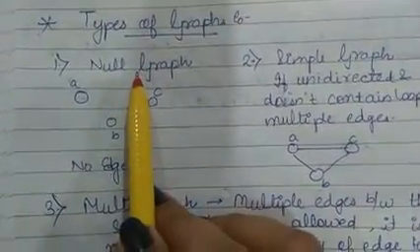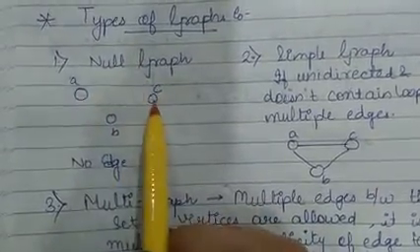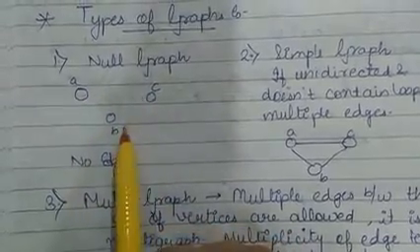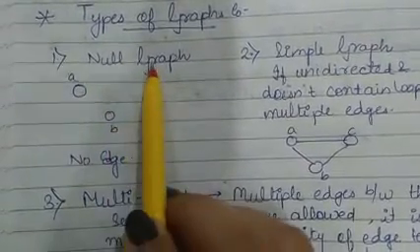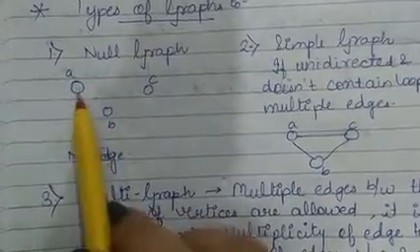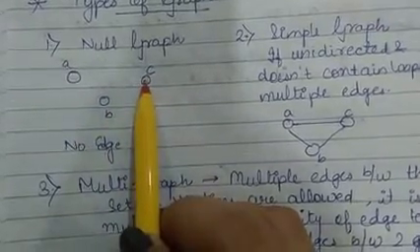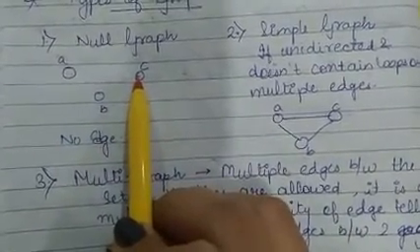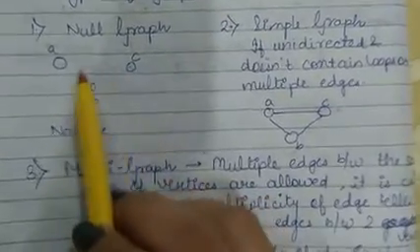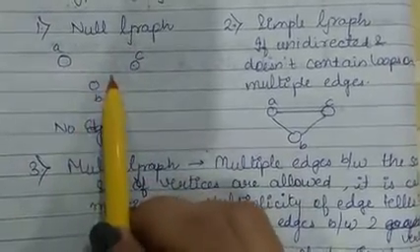First, there is the null graph. What is a null graph? A null graph means we have some vertices present but there is no edge present in between the vertices. So this sort of graph is known as the null graph. Suppose here we have an example which has 3 vertices A, B and C. These 3 vertices do not have any edge belonging to them, no directed edge or any undirected edge present between these objects. So this type of graph is known as the null graph.